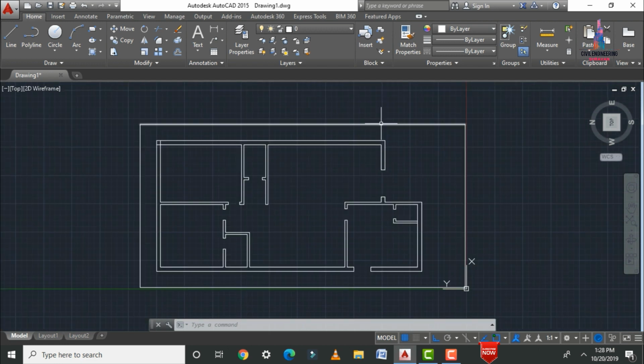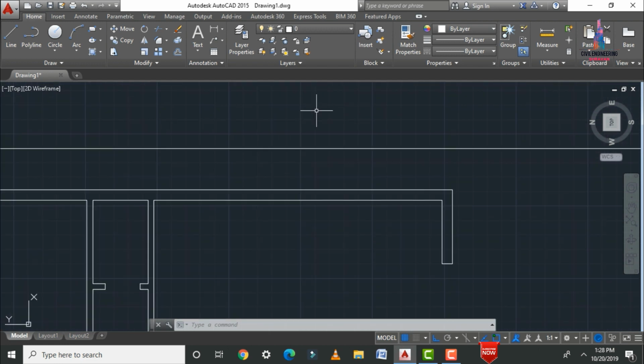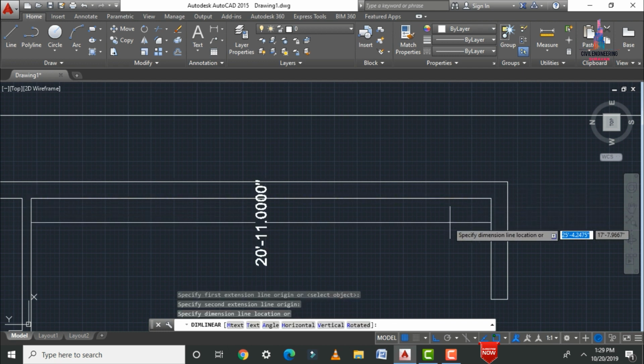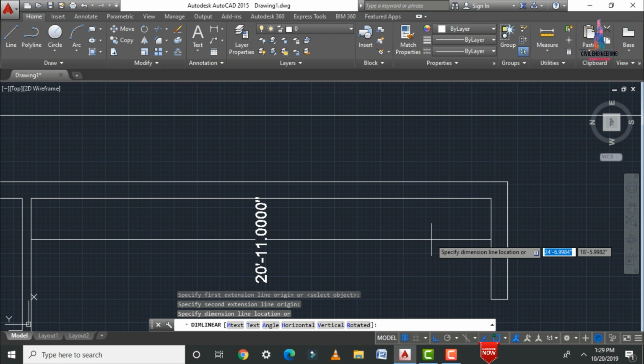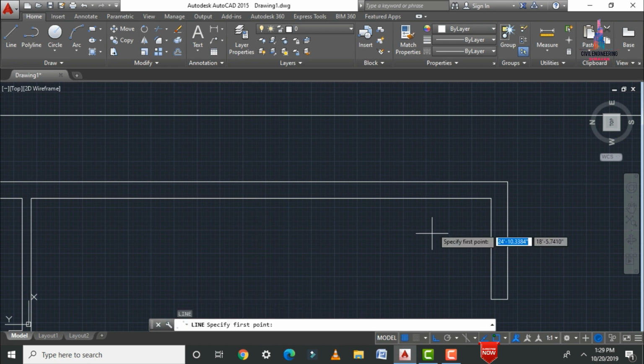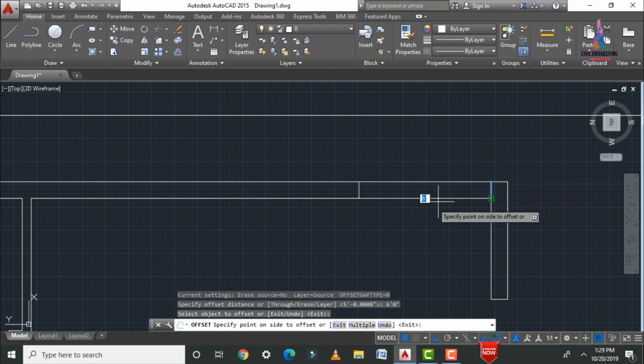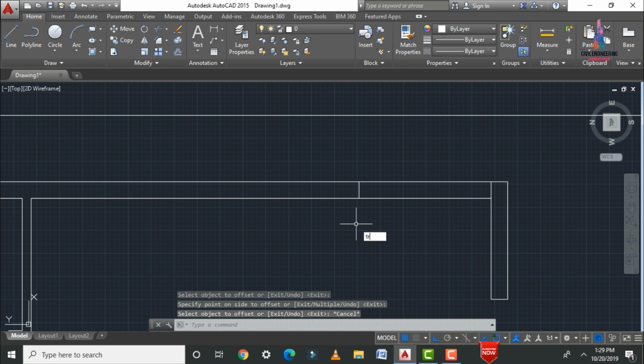So after applying the doors, we need to apply the window section. So for that, initially we need to measure the maximum distance for any one of the facings here. So for that, select linear measurement here, select the first point, select the second point. So it consists of a distance of 21 feet basically. So initially I am applying the line here. Next I am selecting starting point, ending point. So TR double enter, you can apply the offset here. So here I am taking this offset as 6 feet 0 inches. So select this point, I am drawing this point. TR double enter, you can trim these objects.